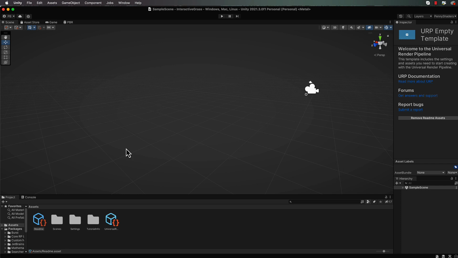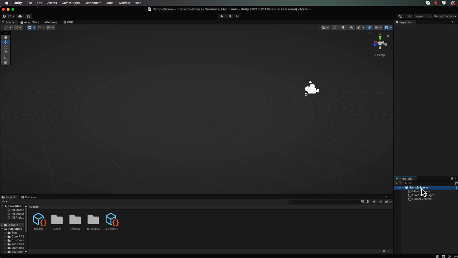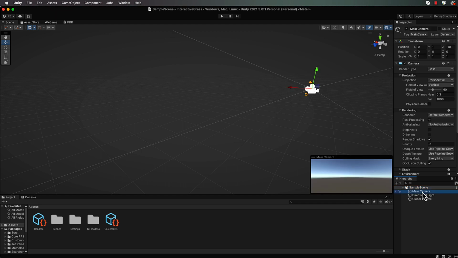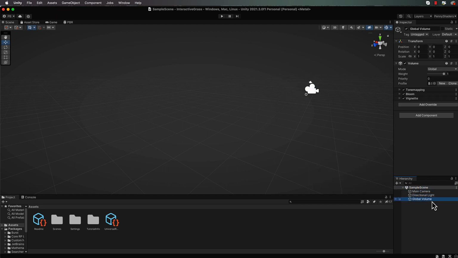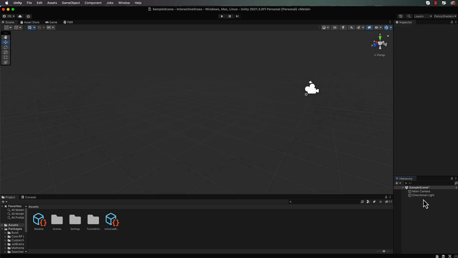Now once we're actually in here, we want to make sure that we can see the inspector for our particular scene. So let's go down to the sample scene there, and notice in here you've got your main camera and your directional light and the global volume. Now this global volume is for special effects and things like that. We don't actually need it in this particular case, so we can just delete it because it gives us a little gizmo on the screen. It just gets in the road of things. So once we've done that, you can save your scene if you like,